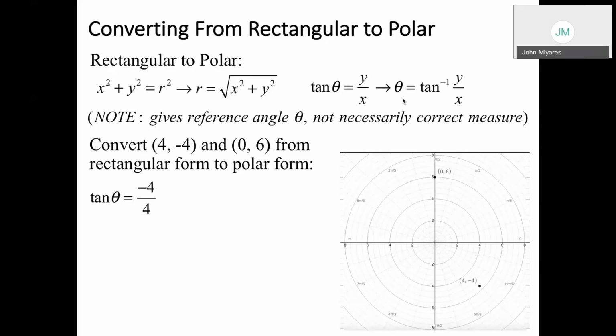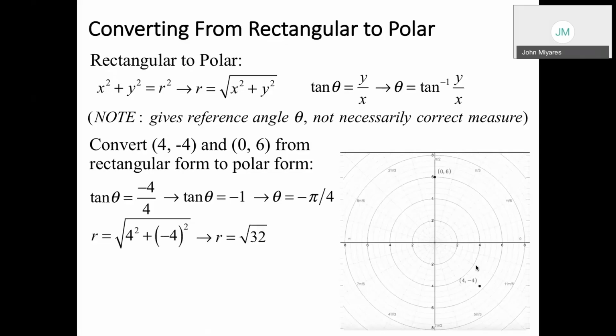If we say that the tangent of angle theta is y over x, -4 over 4, this will reduce to just -1. That would mean that angle theta could be -pi over 4, which, when looking at this graph, seems reasonable. The r value we'll get by applying the Pythagorean theorem, which will give us the square root of 32, which will simplify as 4 square roots of 2. So we could write our answer as 4 square roots of 2,